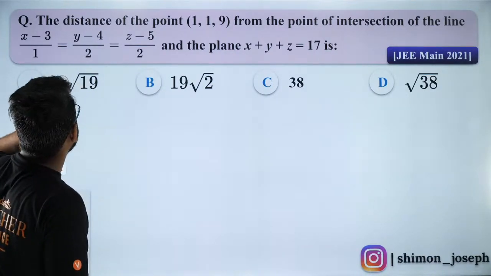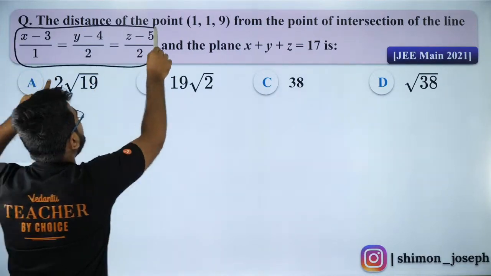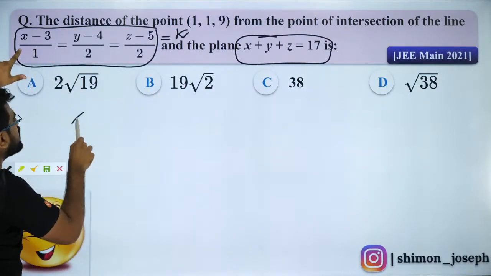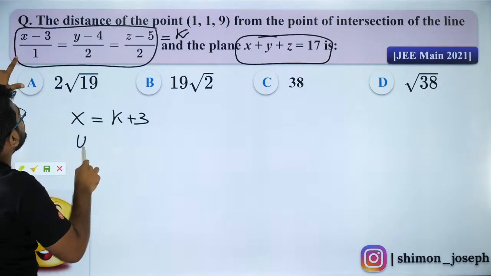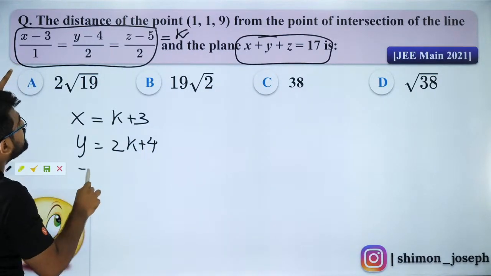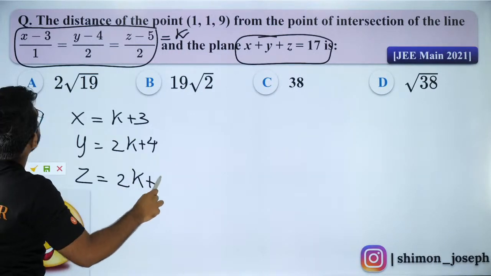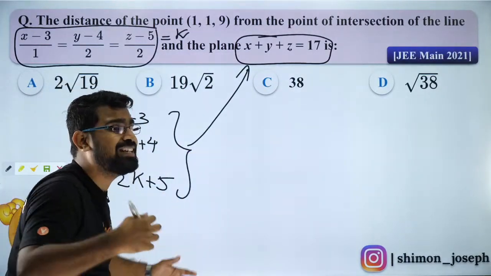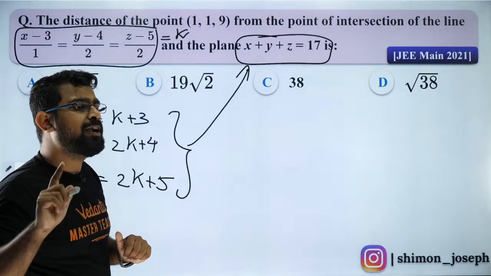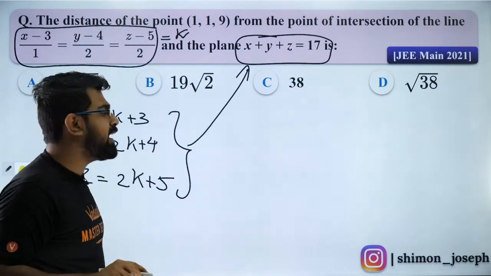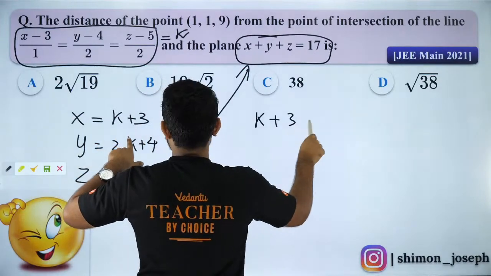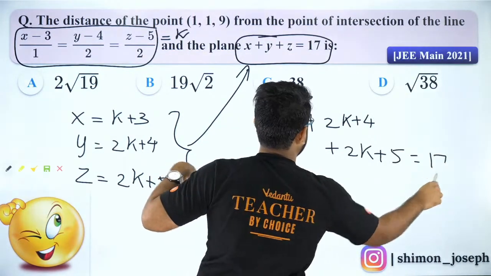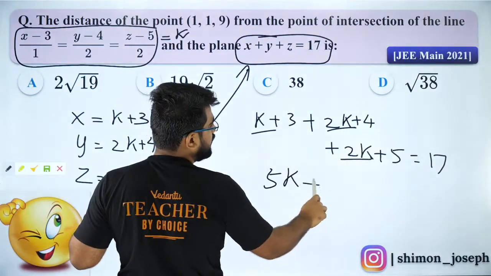Okay, so what do I do? I have a line and I have a plane. I need to find the point of intersection. So I'll take it equal to k. So any point on this line: x is k plus 3, y will be 2k plus 4, and z will be 2k plus 5. Now x, y, z will satisfy the plane equation because I want to find the intersection point. So that will be k plus 3 plus 2k plus 4 plus 2k plus 5 is equal to 17. So 5k